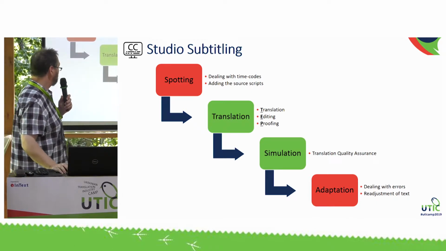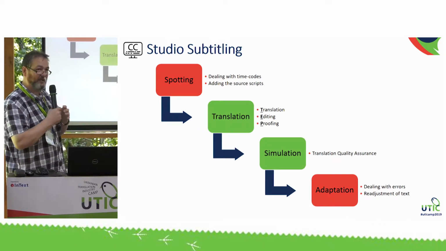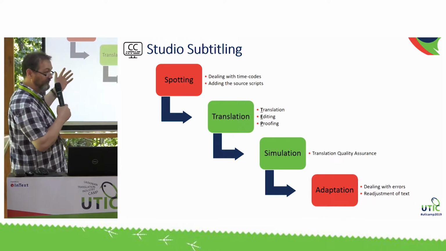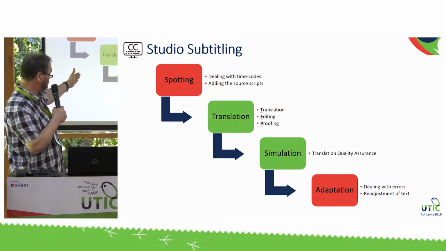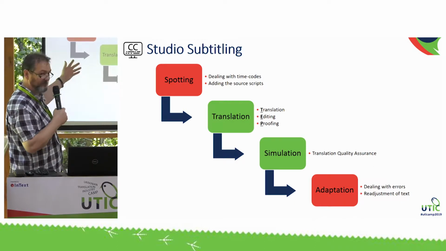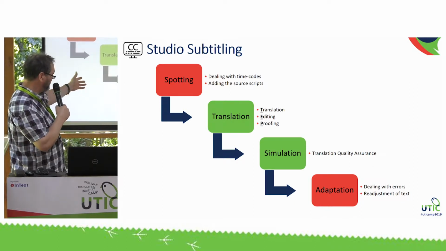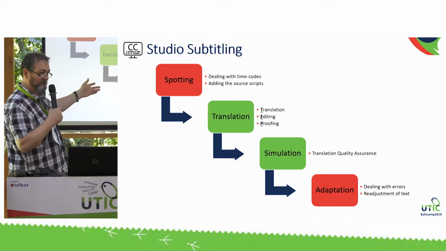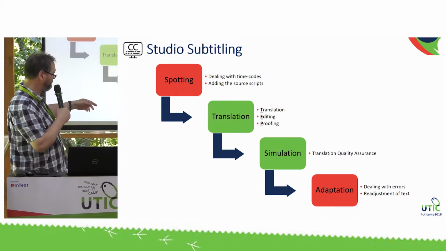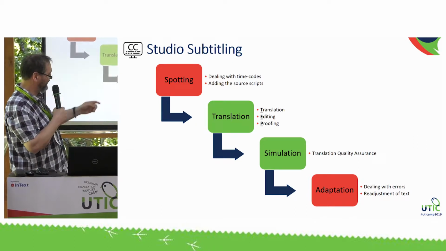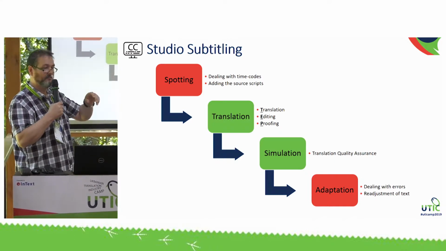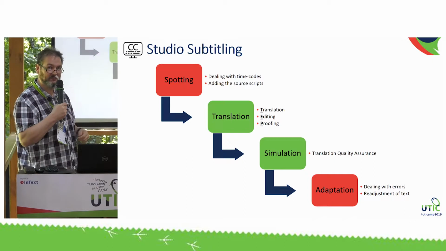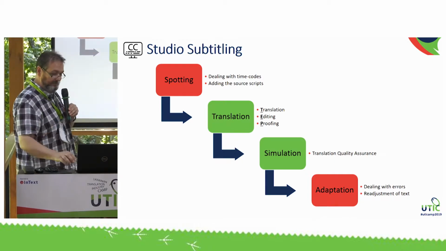Now, the normal process for subtitling is, first of all, you have to create the time codes and add the source scripts. This is called spotting. Then it will go into a translation workflow, and you do translation, editing, and proofreading. Then there'll be a bit of simulation where you carry out some translation quality assurance. And then finally, you'd adapt that and deal with any errors. So you'd readjust the text. You might change the time codes if you were a specialist and you understand how to do this. And typically,